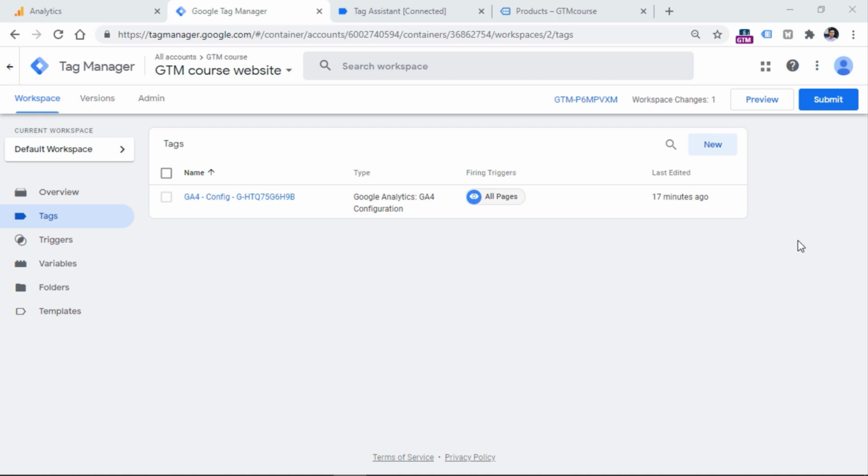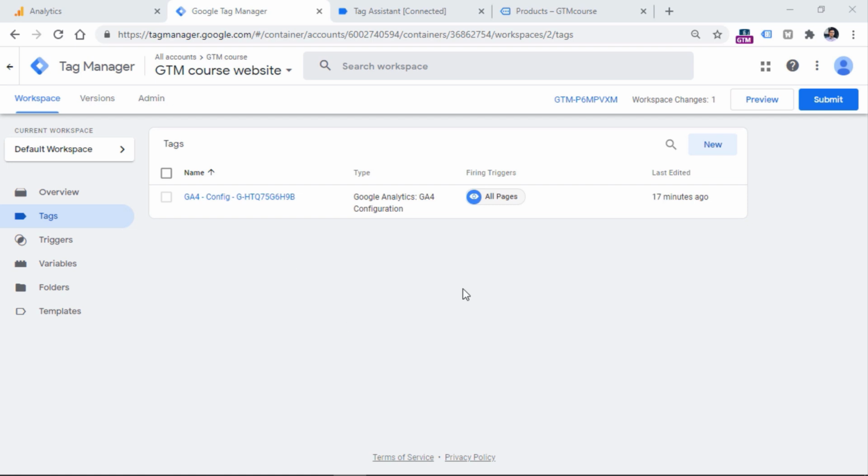After you have tested your configuration in Google Tag Manager container, now it's time to publish those changes and make them go live. Because what we have done so far is that we were working within the boundaries of your browser and your container. But if this container is added to your website source code, those visitors are still not getting Google Analytics 4 activated on their page. But once we submit these changes and publish the container, then those visitors will be also tracked with Google Analytics 4.